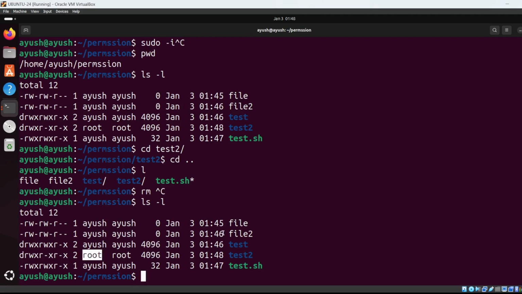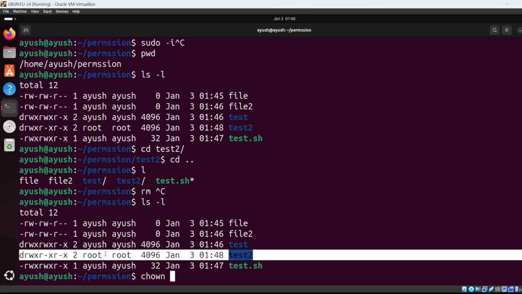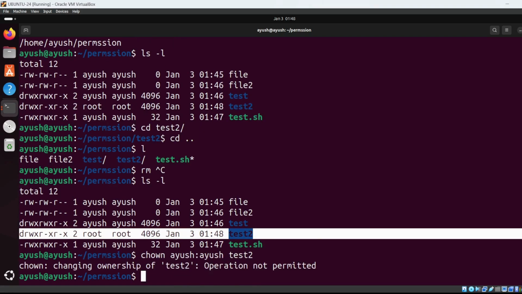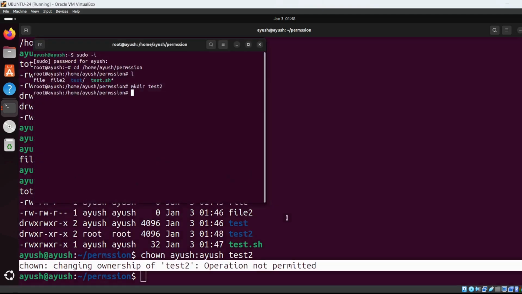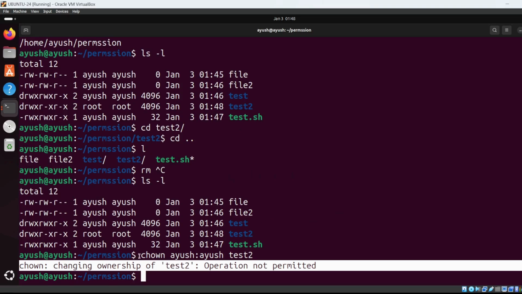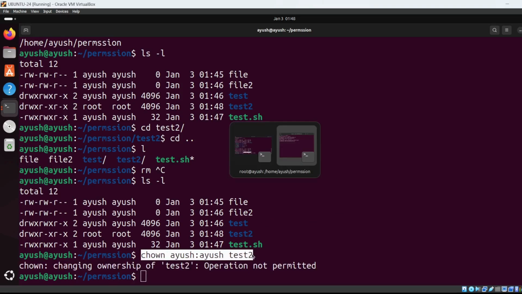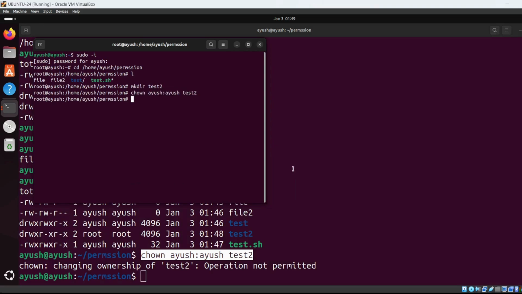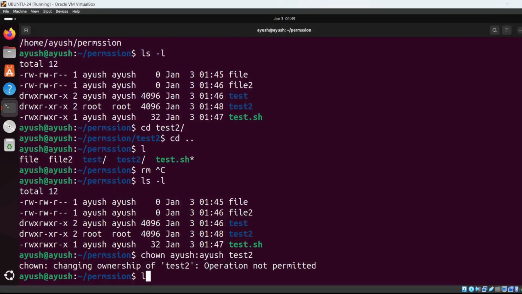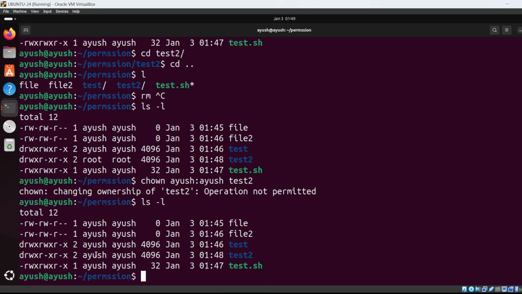To change the owner, you use the chown command, but you can't do it from here because this was created by root, so only root can change it. If I do chown Ayush:Ayush test2, it will give me operation not permitted, so you should do it from the root user. So let me just copy this and do it here, and if I go ls -l, the ownership has been changed